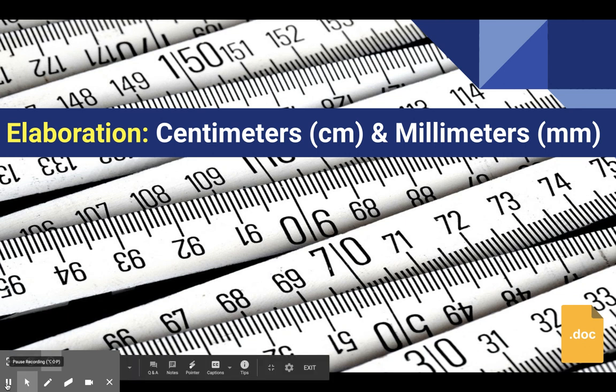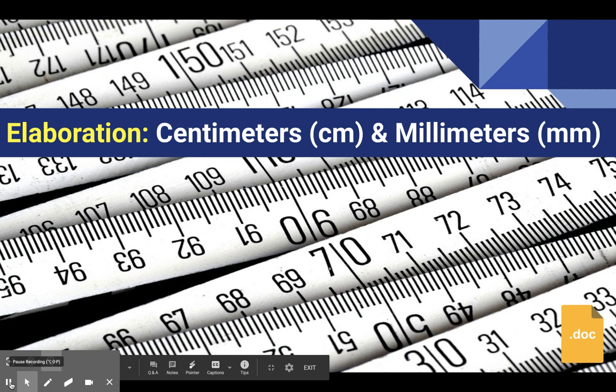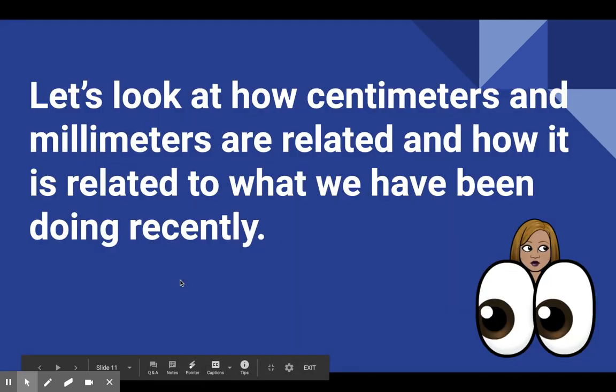So once again, you are going to need your student companion. So we'll jump right into that, and we're going to be talking about centimeters and millimeters. Now let's look at how centimeters and millimeters are related